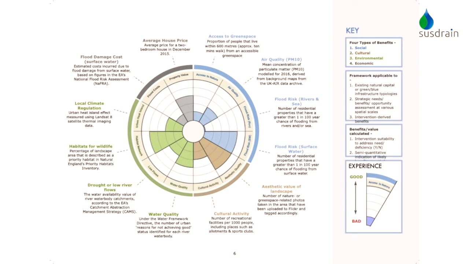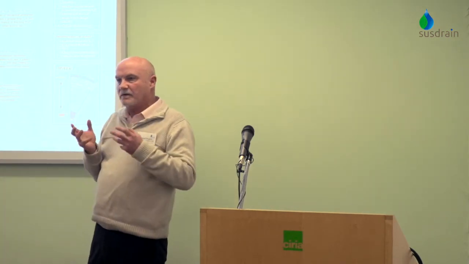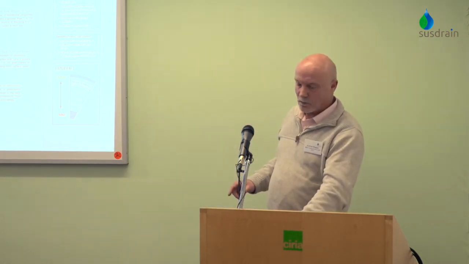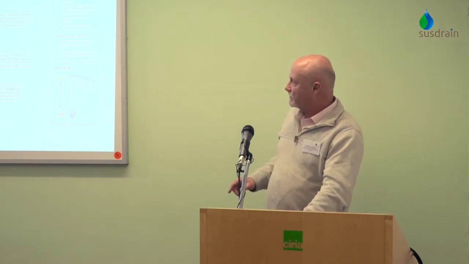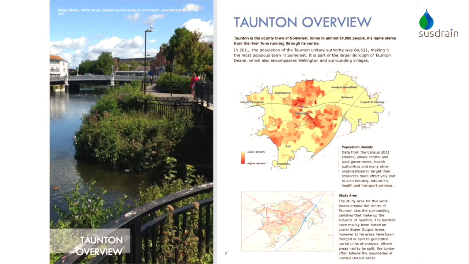Aesthetic value of landscape. If we were looking at a parkland or something like that, you'd expect there to be a high level of aesthetics. Water quality, so John was talking about water quality, the benefits and the pros of water quality. All of these elements you can pictorially understand, bad to good, and that gives you a bit of an understanding of what's going on in an area. And the way you use this wheel, we use GIS, geospatial mapping,